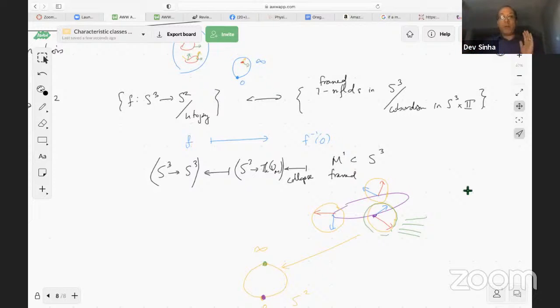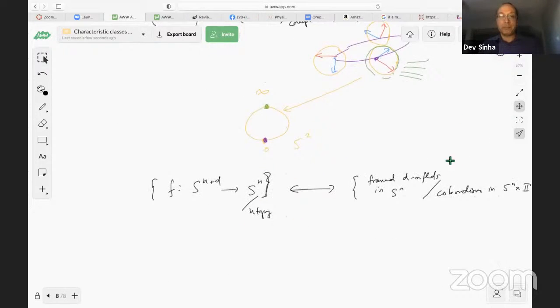If I have a homotopy between F and G, I can call it H. I can look at H inverse of 0. And lo and behold, under transversality, that provides a cobordism between F inverse of 0 and G inverse of 0. So cobordism is a natural equivalence relation when we look at preimages and we're doing homotopy, but it's cobordism in the domain space, the domain manifold cross the interval.